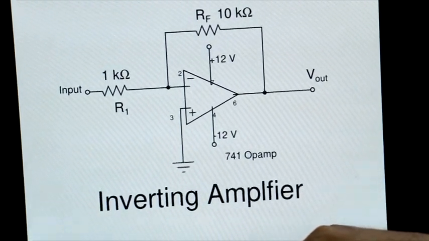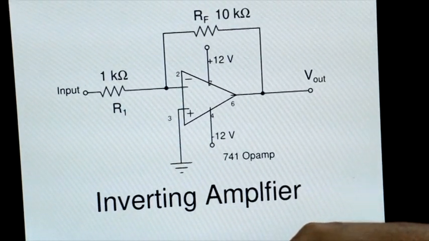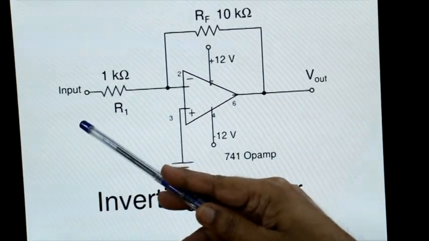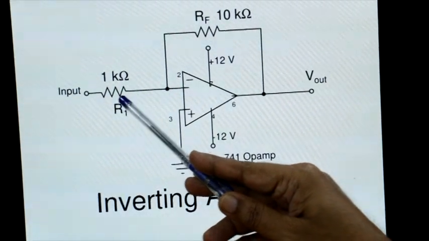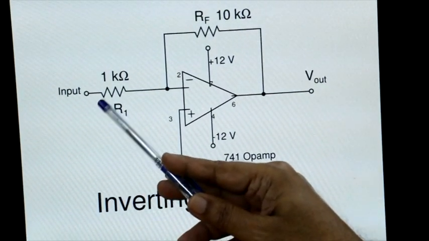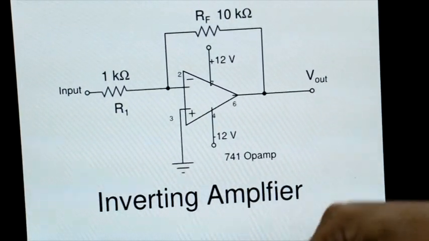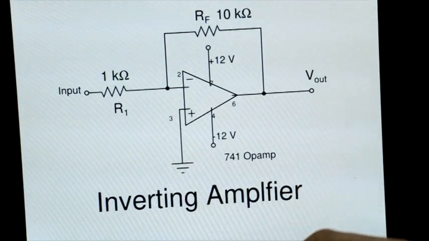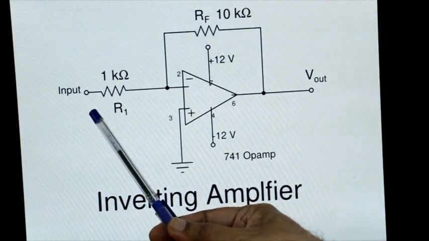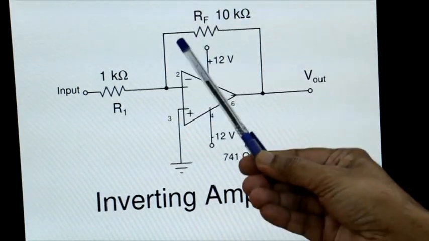From your Norton equivalent circuit of a source, we know that if your input is current, you would like R1 to be as small as possible. You see that if your input is current, this can even be a short circuit, R1 can be 0, and even then this circuit will work. And we know from the theory that the entire current flowing in this resistance, or even if this is short here, will flow through RF.